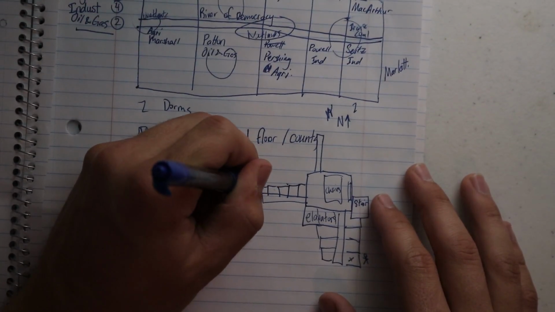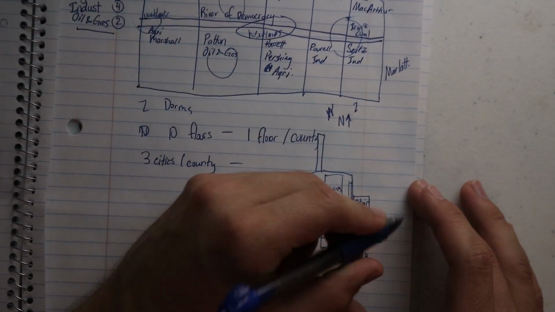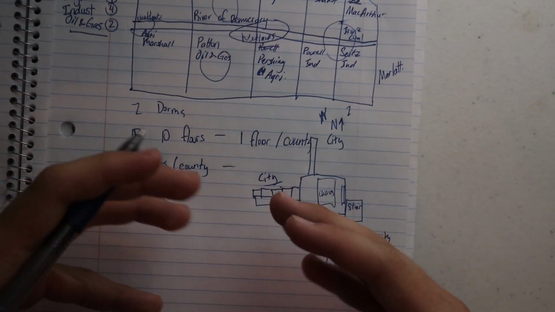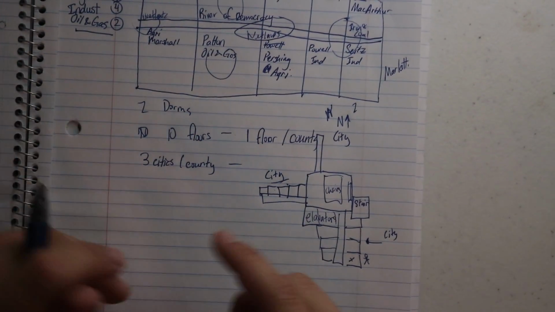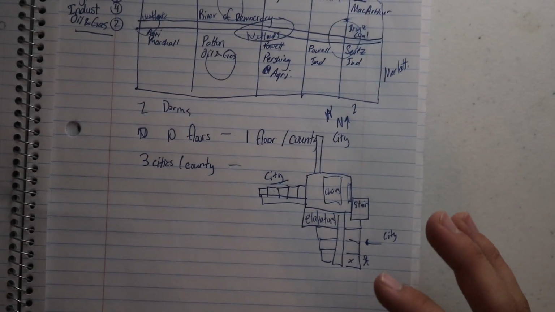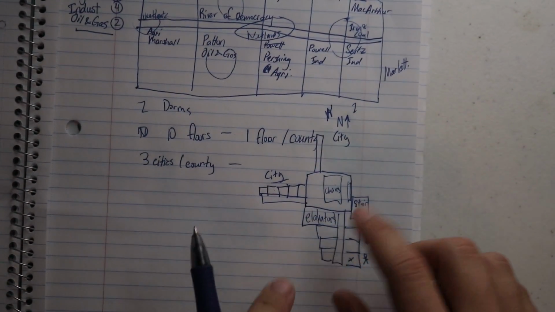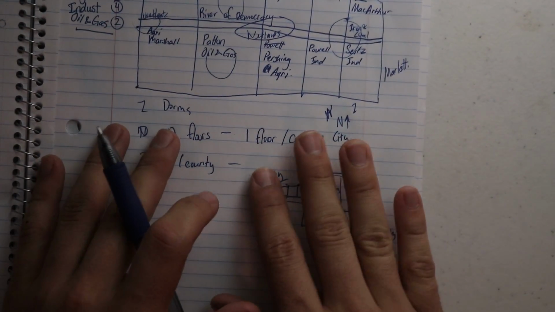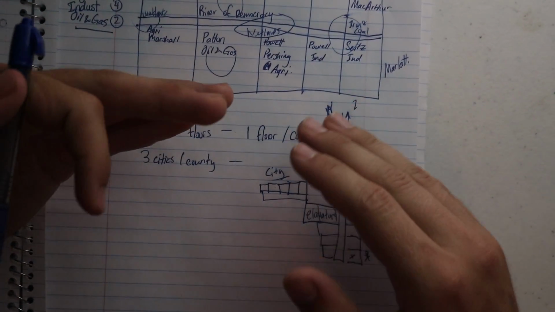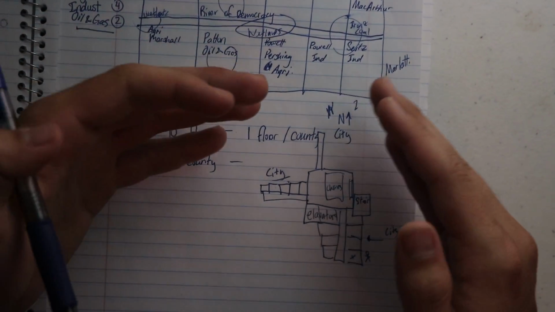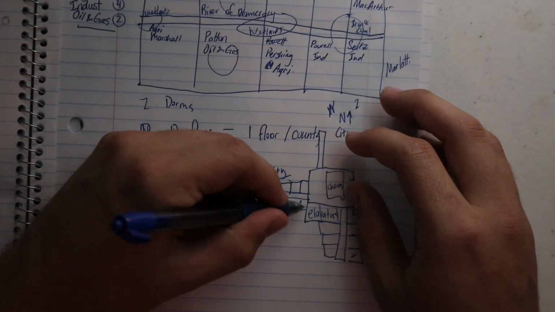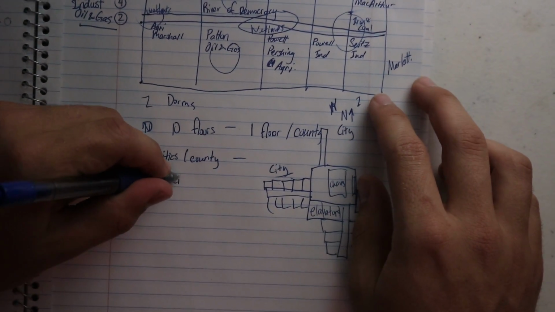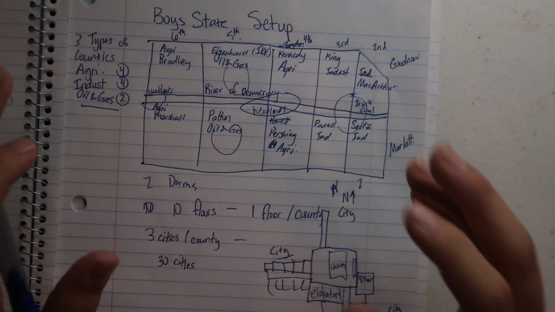Down each of these halls would be a city. So this is a city, this is a city, and this is a city. When you ask someone where they were from, they'd say, "Oh, I'm from this county in this city." If someone else is in your city, then the hall that you sleep in, they are spending their time in there as well. So it creates this unity dynamic in the simulation where you care more for the people you're closer to, who are also the people in your city. That was really neat. And it's the same for each county. Because there are 3 cities per county, we have a total of 30 cities. And that's a little bit about the setup of Boise State.